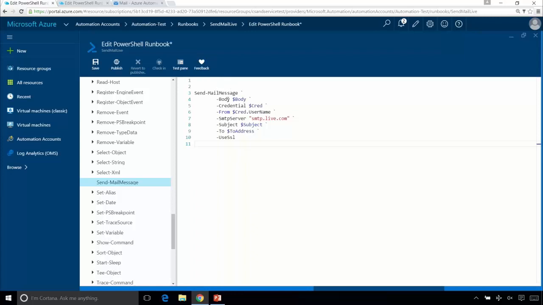But when you're creating this, you look at this and you go, okay, we have a body. It's going to be the body of the message. We need a credential, so we're going to have to authenticate with the live SMTP server. We're going to need a from address. We're also going to need the name of the SMTP server. In this case, it's smtp.live.com. You can find this on the internet. There are examples out there about how to